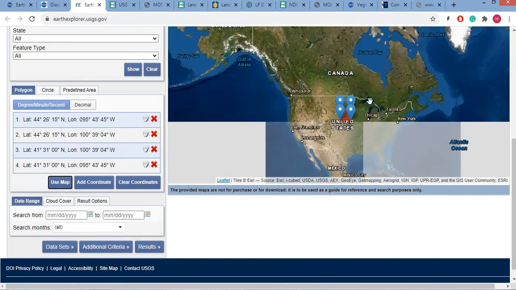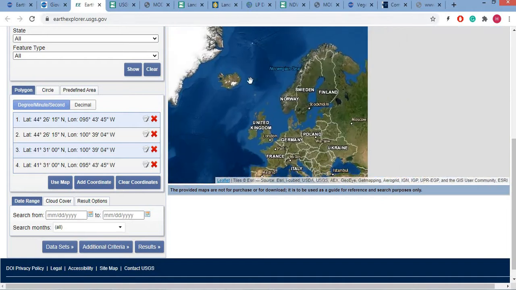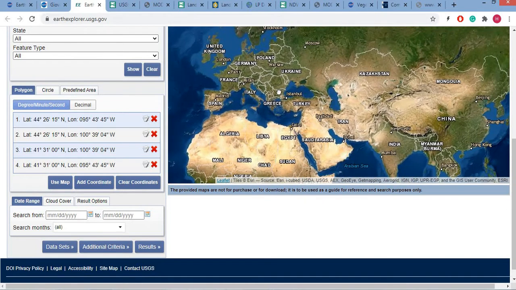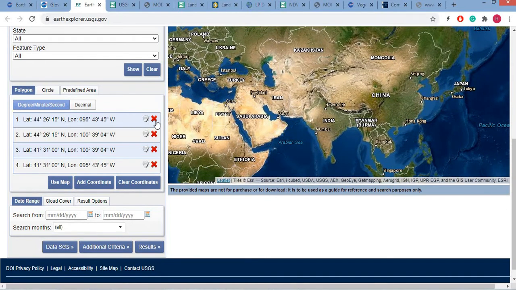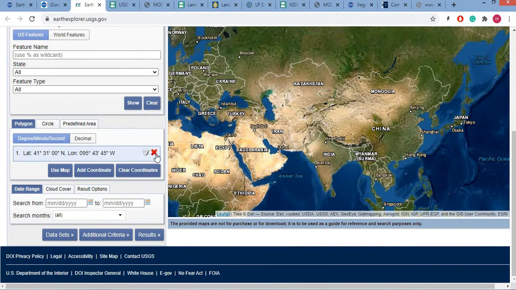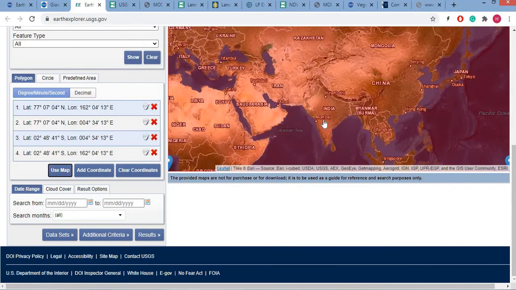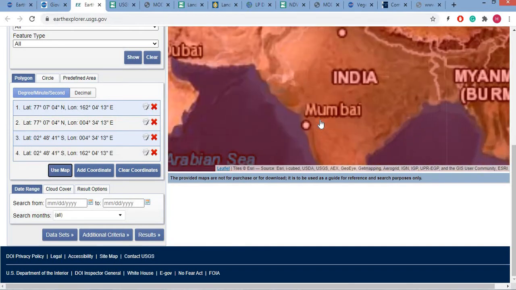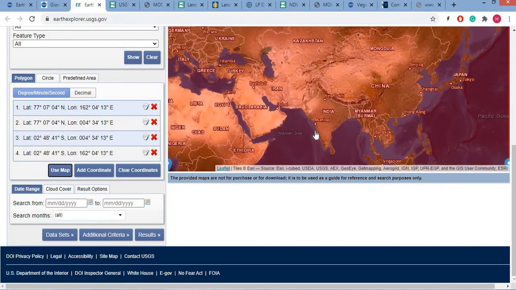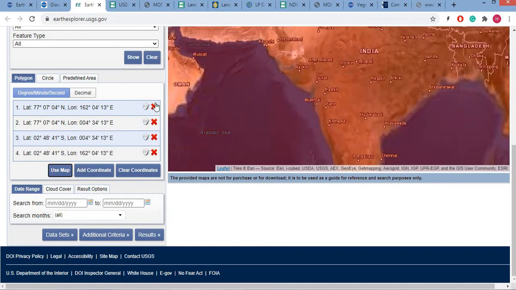For example, if we want to make this polygon in Pakistan, then you can also use the map, and let me clear it.